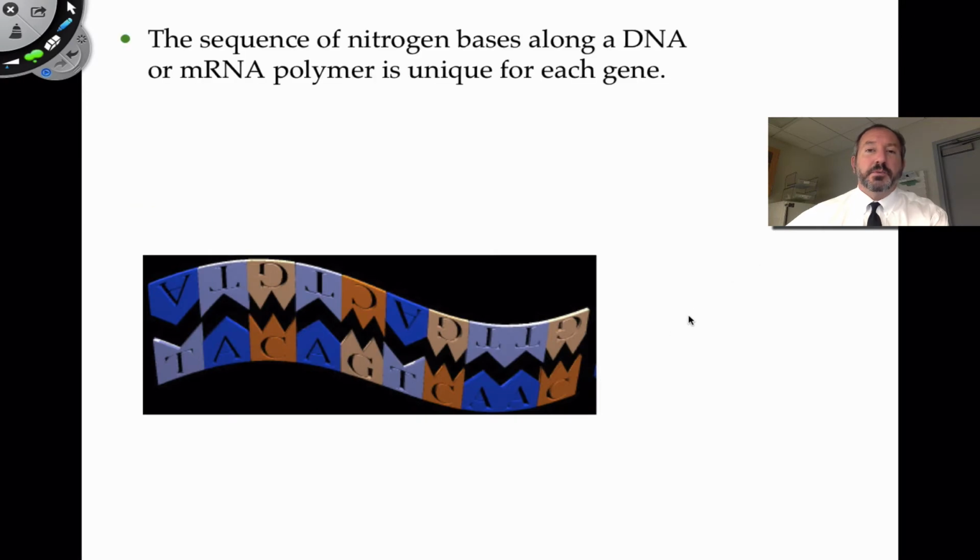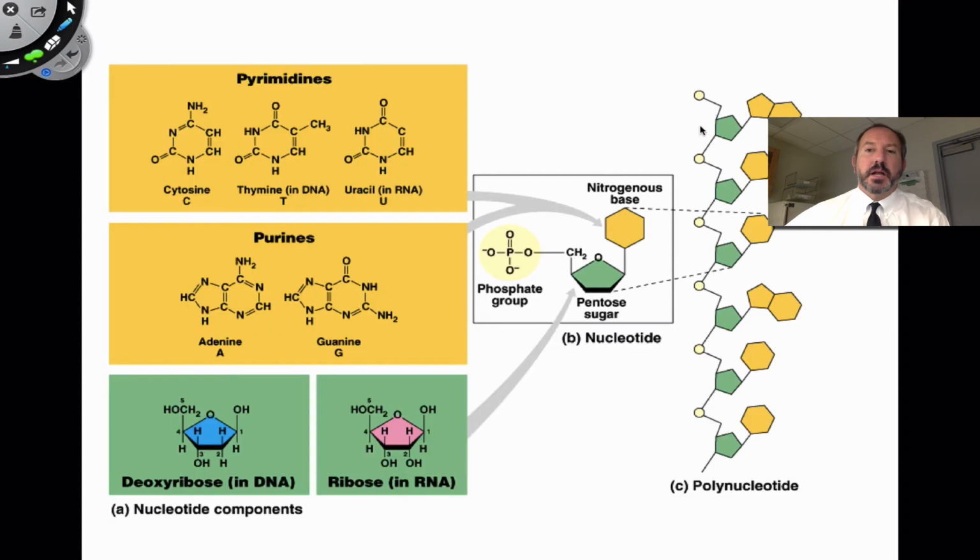So what I do want to say in this particular video is that in terms of how the genetic code is read, it's read in the sequence of nitrogen bases, because if I go back just for a second to the previous slide, notice this phosphate sugar, in other words, the side of the ladder, if you wanted to consider DNA or RNA as a ladder or a comb, whatever analogy you wanted. The only thing that will vary in the molecule is the sequence of nitrogen bases. So this could be A, and this could be T, C, A, T, T. It's the only thing that will vary because the side of the ladder is consistent.